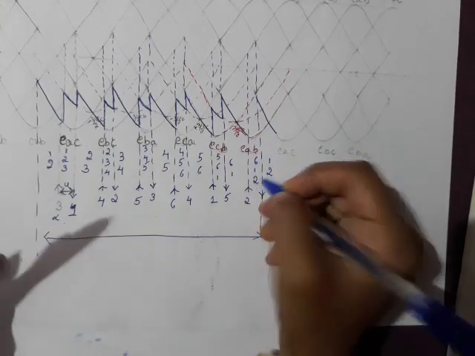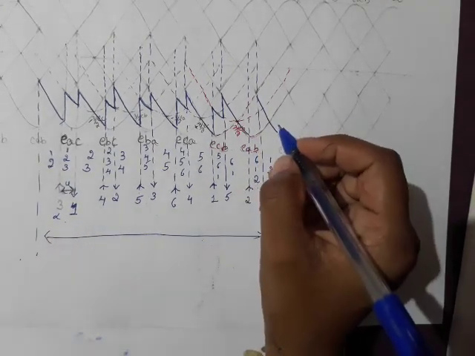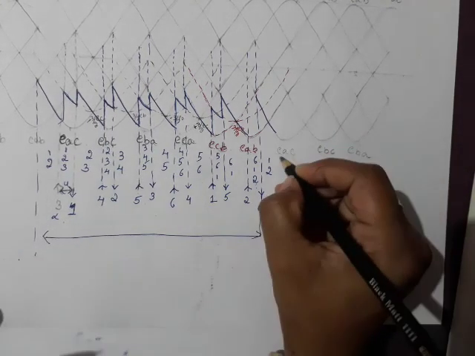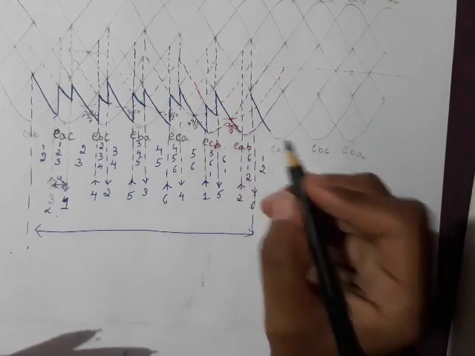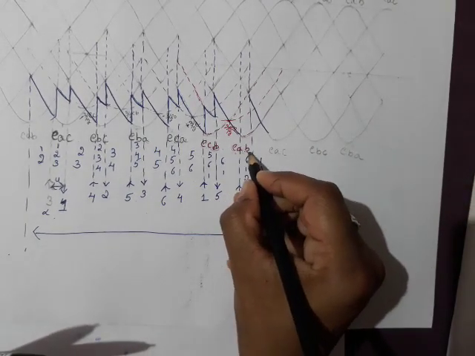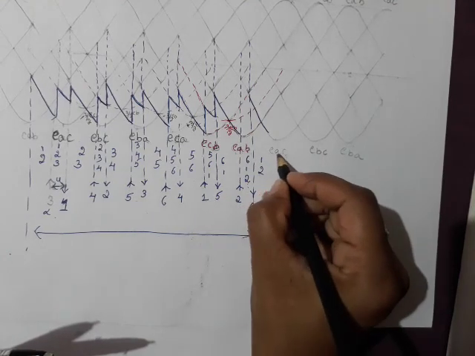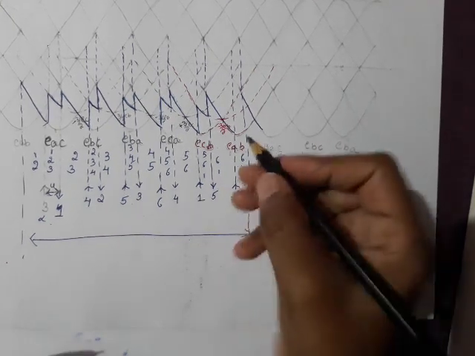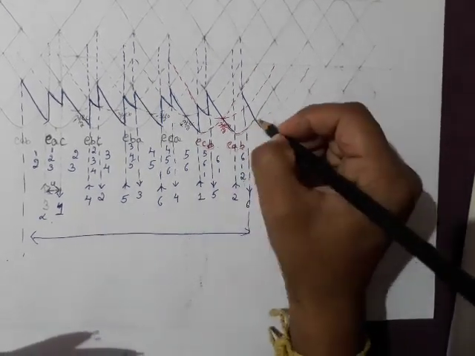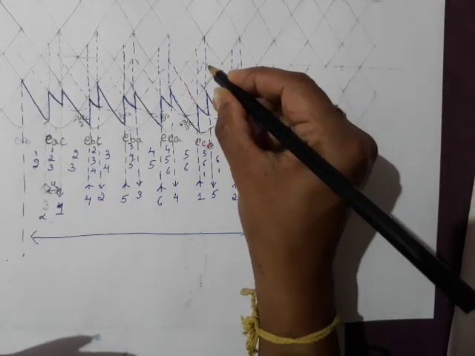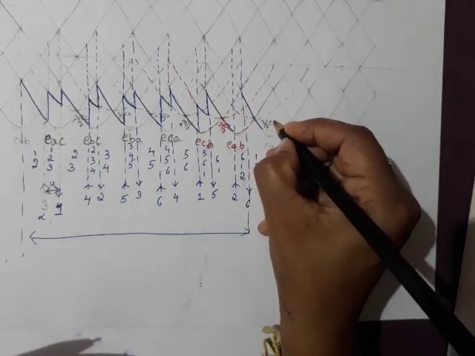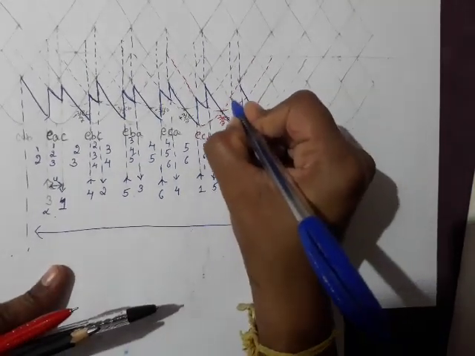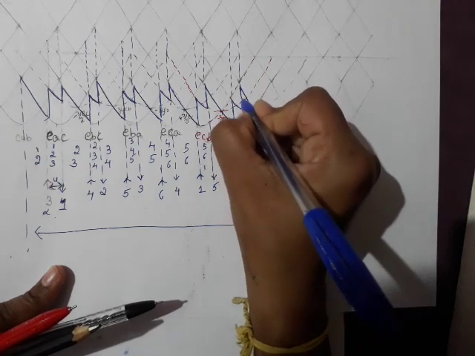So between 6, 1, 2 conduction, my output voltage is what? 3 by 2 times of EA. So I have to look for minus EA, right? So here plus EA, that is 3 by 2 times of EA. So here we have EAB, here we have EAC, EA minus EB, EA minus EC. So EA is positive in both. So between these two line voltages, I'll get my positive 3 by 2 times of EA. Okay. So between these two, it has to follow that EA. So it will drop here, then it will follow.